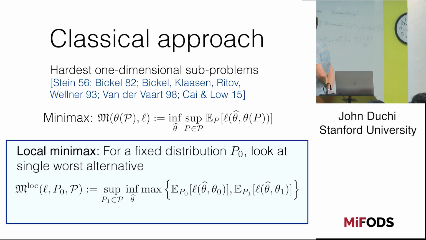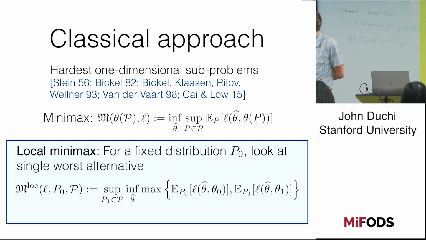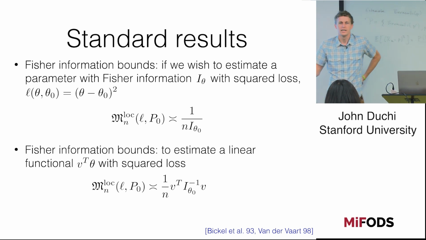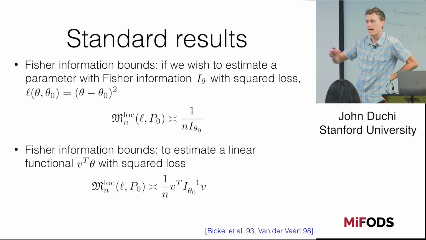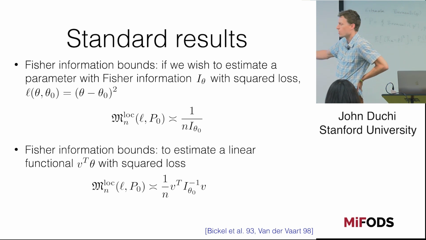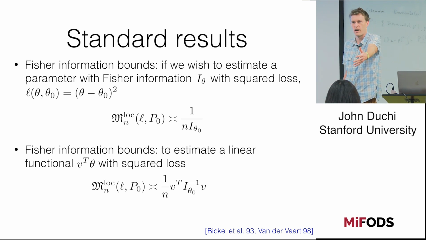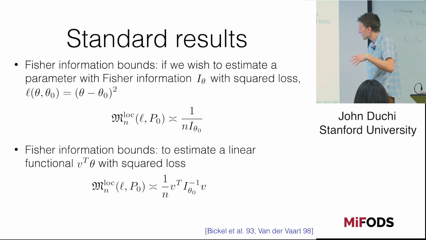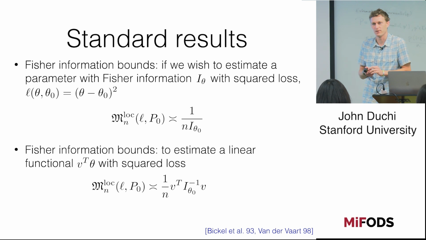There are a bunch of standard results in this regime. This is the framework that gets you the classical information bounds. If you took introductory statistics, and they said the Fisher information is a thing, and your efficiency of estimation is bounded below by the inverse Fisher information, well, this is what gives you that. This gives rise to those kinds of calculations. It just spits them out. We could go through this if you want. I can do whole lectures on this stuff, but we probably don't have time for that right now.